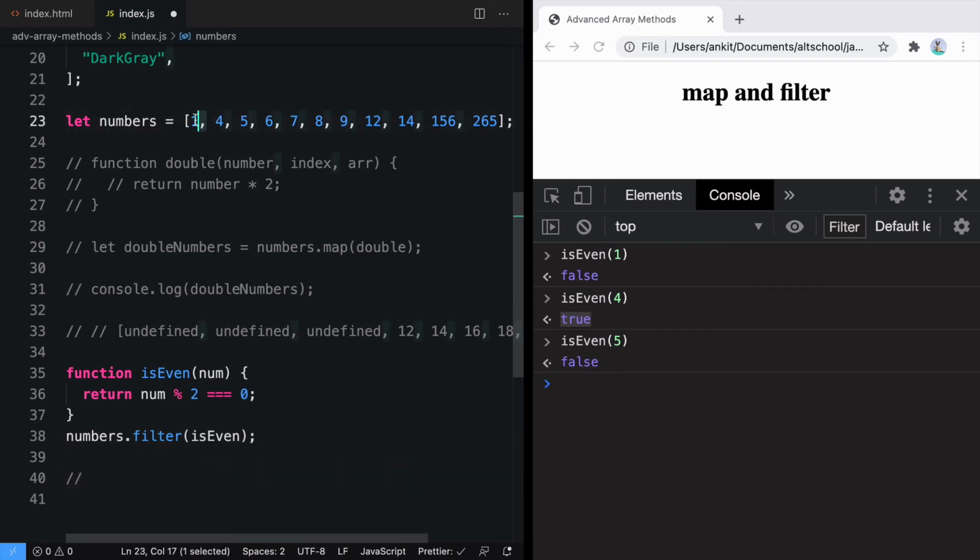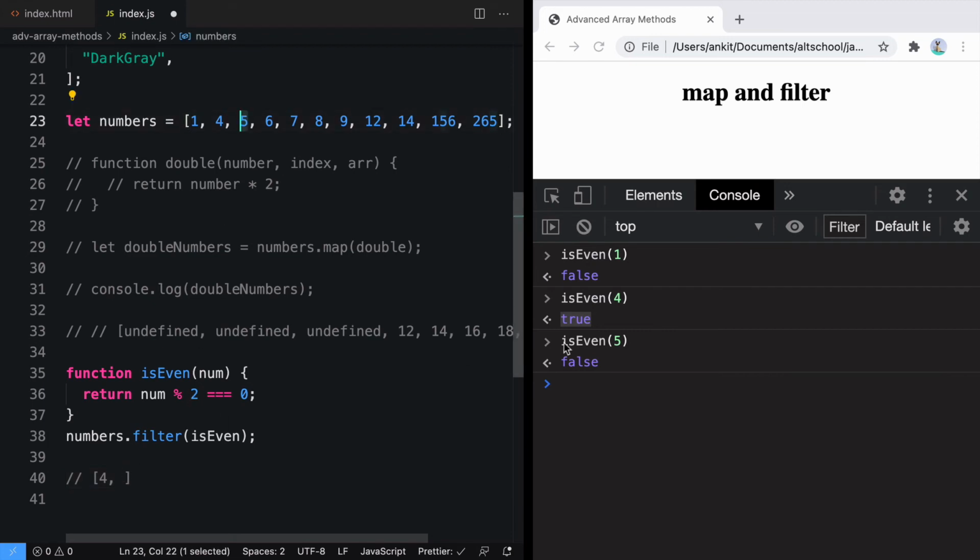So 1 will be passed in the isEven function and it will return false. Because it is returning false, that element 1 will not be stored. Next time 4 will be passed inside the isEven function and you can see it returns true. Because it is returning true, that 4 will be stored in the array. Similarly, what will happen with 5?